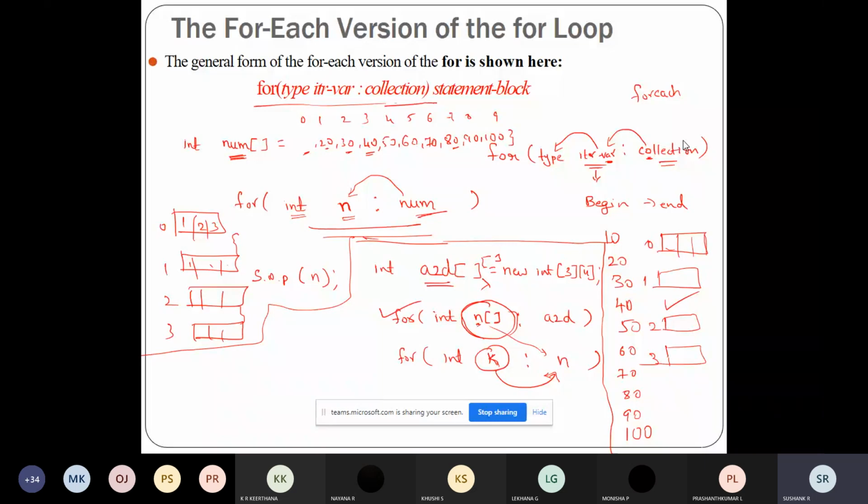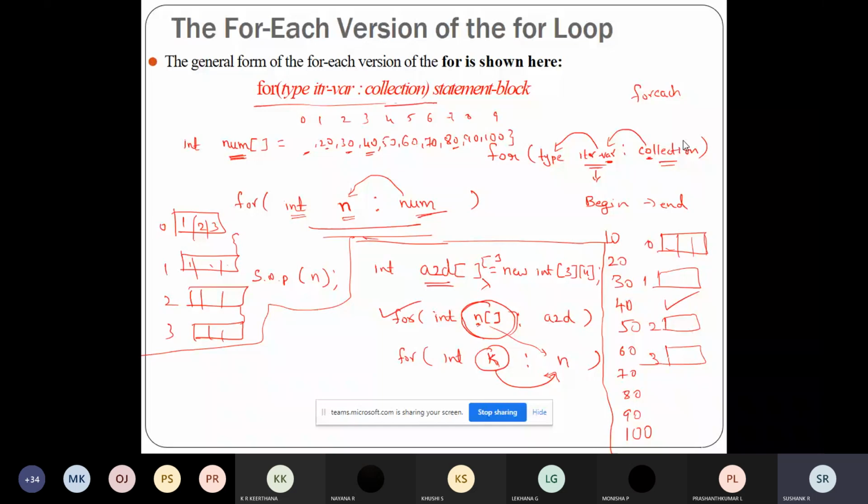Whether you understood how to use this for each loop, for one dimension array, for two dimension array, whether you got this point, yes or no? Only remember one thing: with a 2D array, the outer for each loop will read one row at a time.